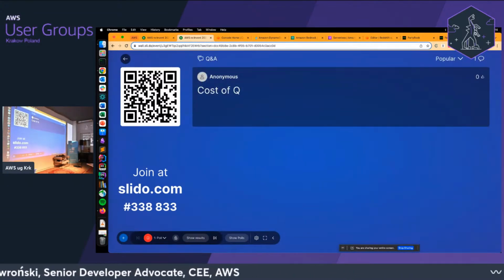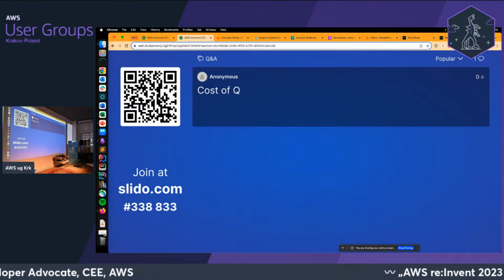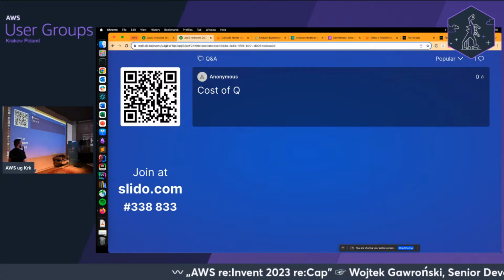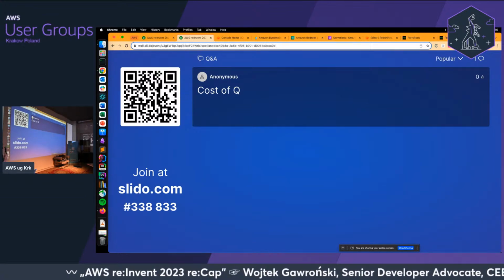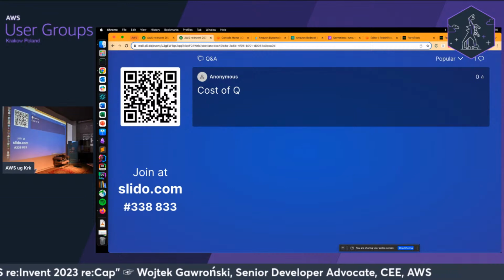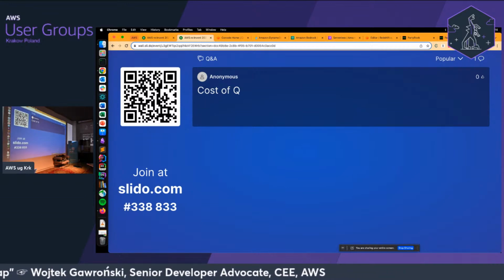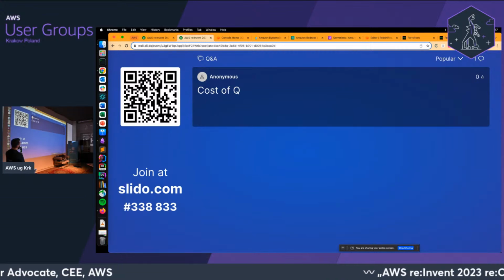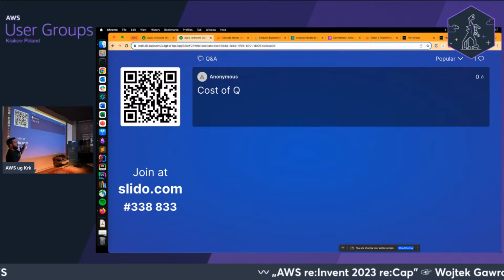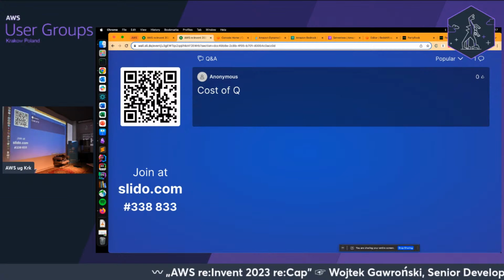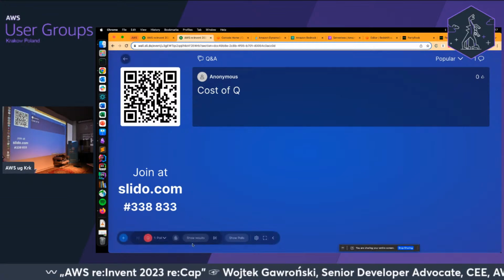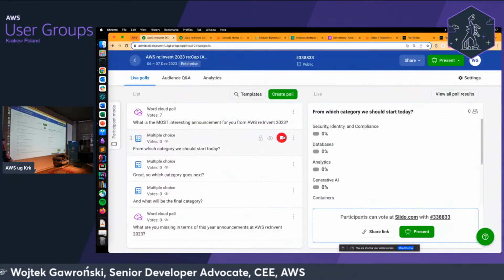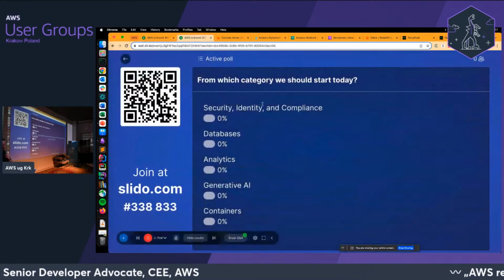So costs. At this point, it depends on the functionality that you are using. If you are talking about the assistant that is available in Docs or inside the management console, it doesn't have additional pricing. It works in terms of your context in your account without any additional pricing. In terms of the other services, it will depend how much you will do, obviously, and this will vary case by case.